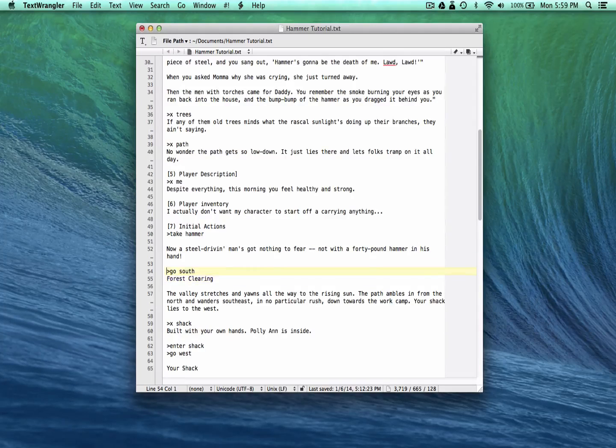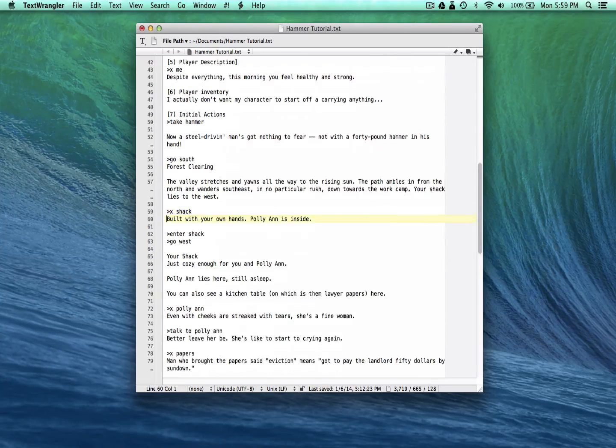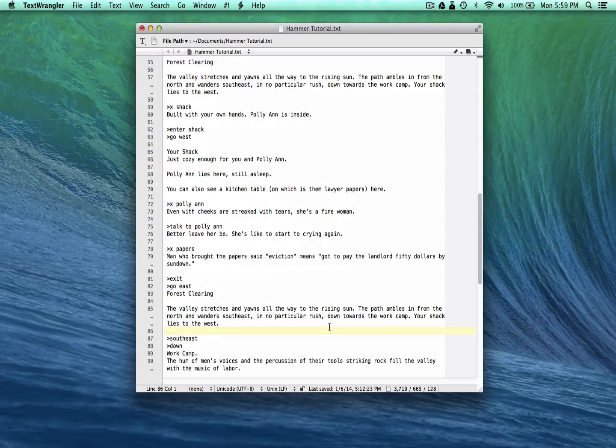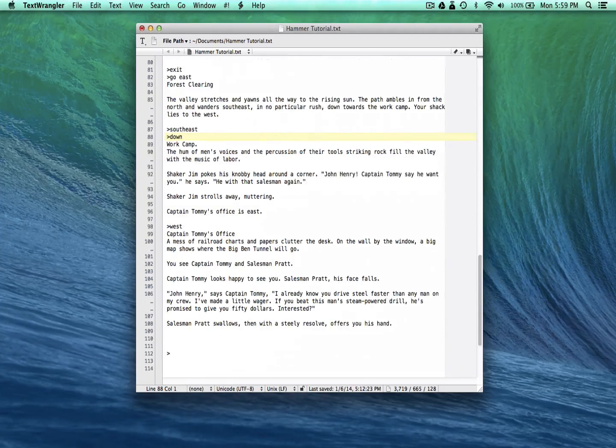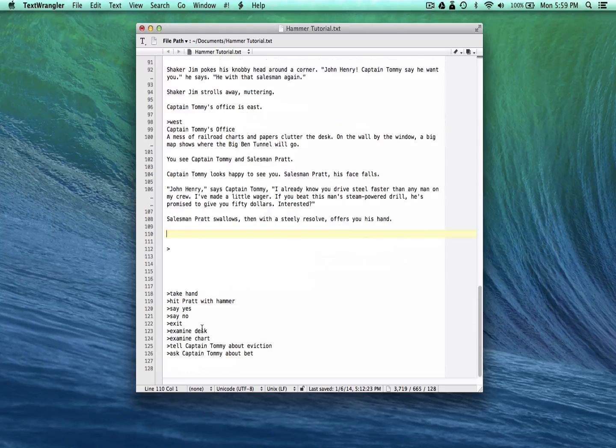Okay, so take the hammer, go south, examine shack, enter shack or go west, some stuff to do inside the shack, and then here's a little bit of interaction that we can see down here. And I imagine maybe you could take Pratt's hand, hit Pratt with hammer, say yes, say no. Maybe you'll want to look at